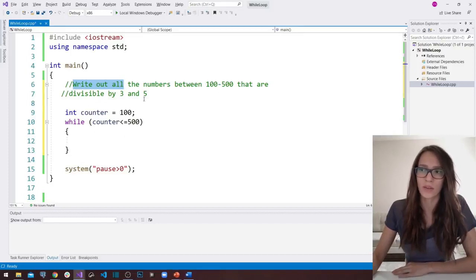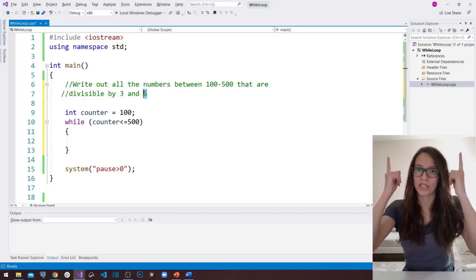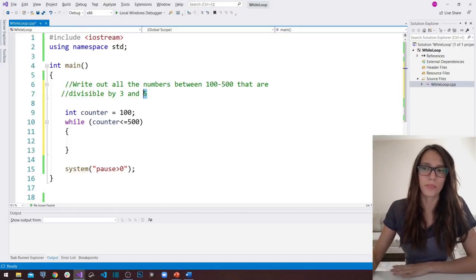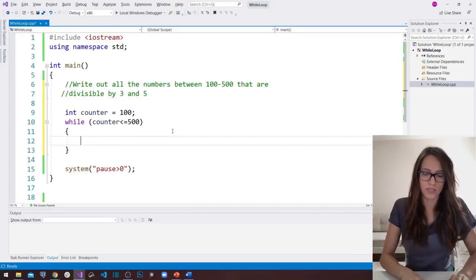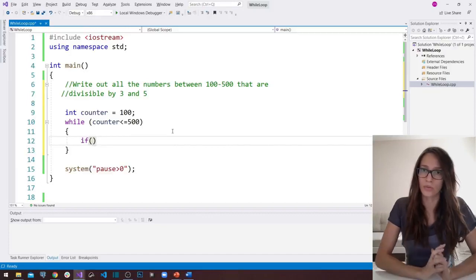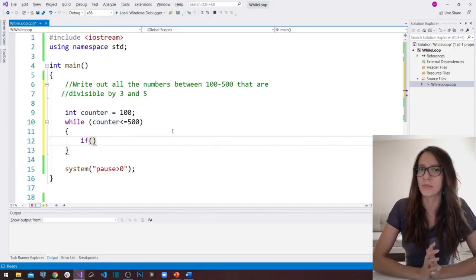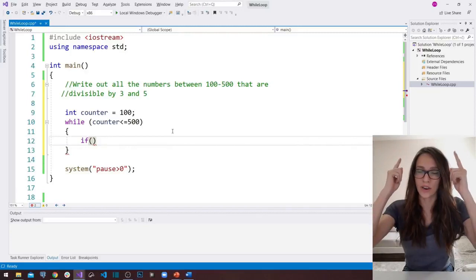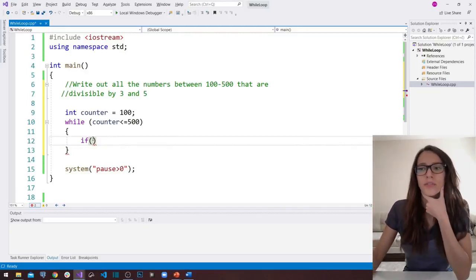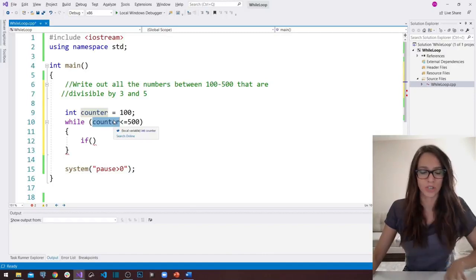And how can we check whether this counter value can be divided by 3 and by 5? Well, we use the modulo operation for that. If you haven't watched my video on operators, I'm going to link it here. Make sure to watch it. And here we really put the following. So we can say if, and also if you're not familiar with the if statement, I'm going to link it here. So if our current value of our counter,